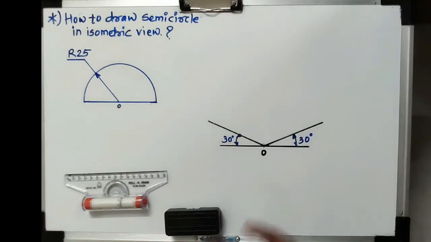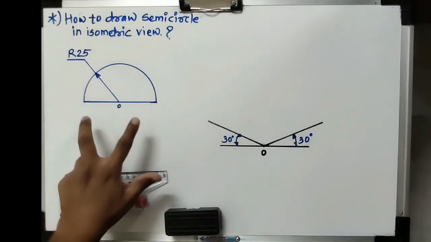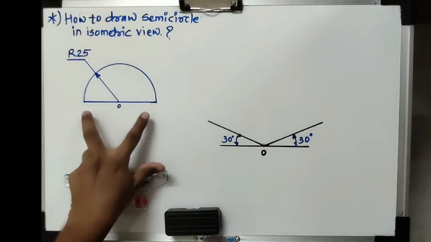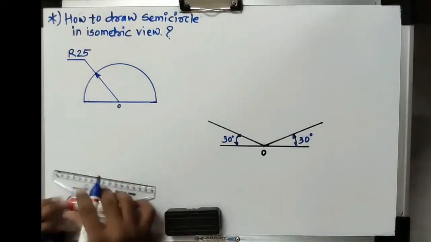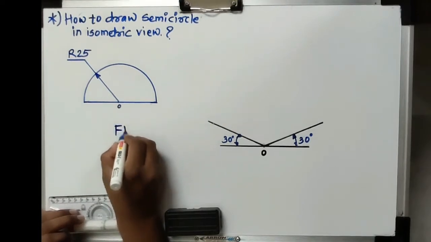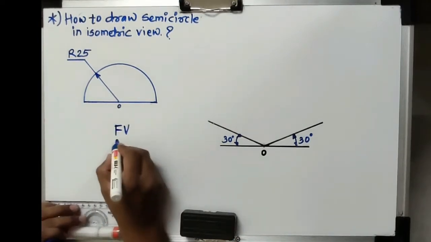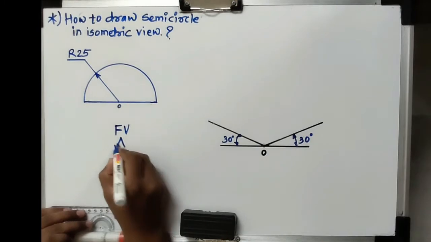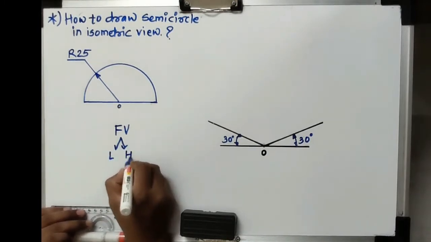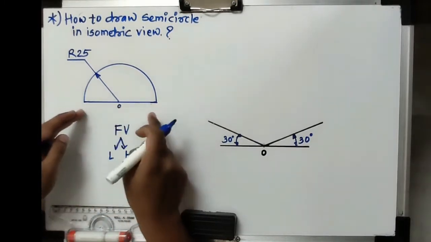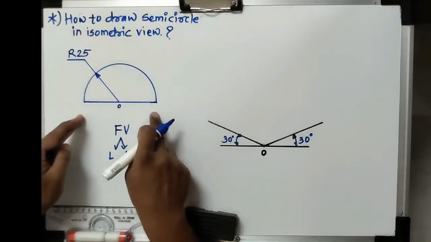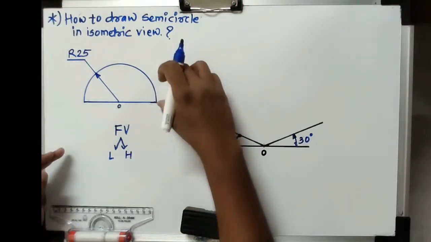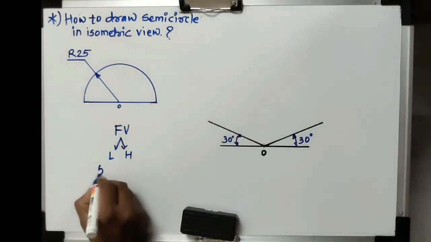Now the second stage, after representing the basic three lines, that is the reference line, right side inclination line and left side inclination line, the next step is to find out the total length, means the maximum length of the object. Suppose this is the front view given to us, and always in the front view we are able to observe two dimensions, that is length and height of the object. Then this is the length of the object, that is radius 25, means the total length is 50 mm, and the height of the object will be 25.